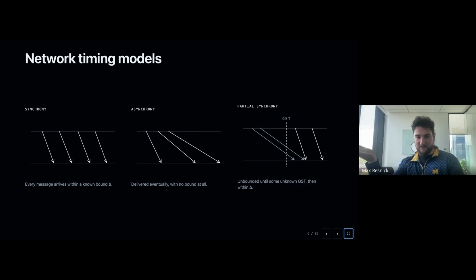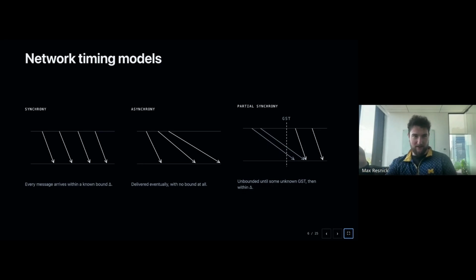We have synchrony, which is that every message arrives within some fixed bound delta. And delta is something you probably will hear a lot. It's also sometimes called the global network delay. The way to think about it is, if you have a node in Tokyo and you have a node in New York, you have to send the message across the fiber optic cable, and that takes some amount of time.